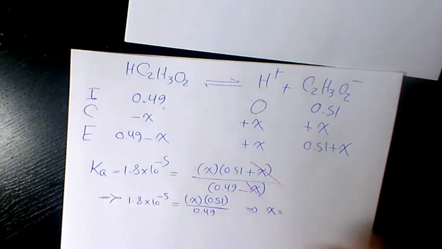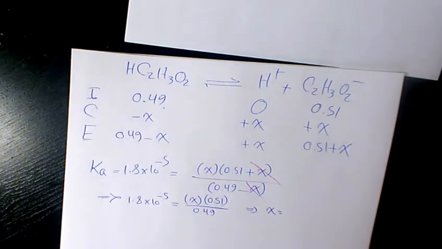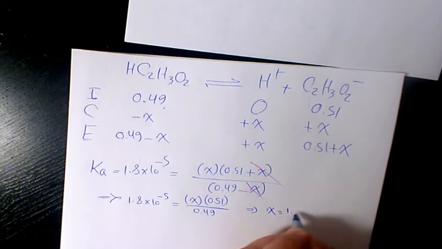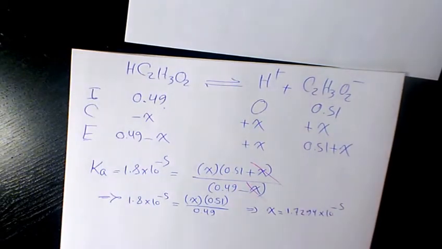So x will be 1.8 times 10 to the power of negative 5 times 0.49 divided by 0.51. It's going to give us 1.7294 times 10 to the power of negative 5, and then we have negative log of 1.7294 times 10 to the power of negative 5. So pH will be